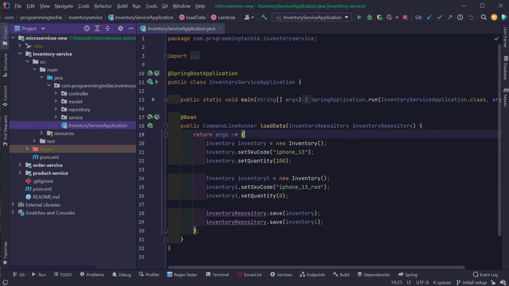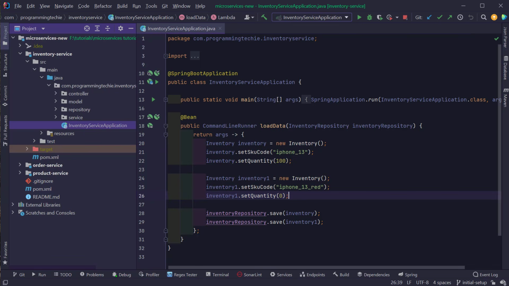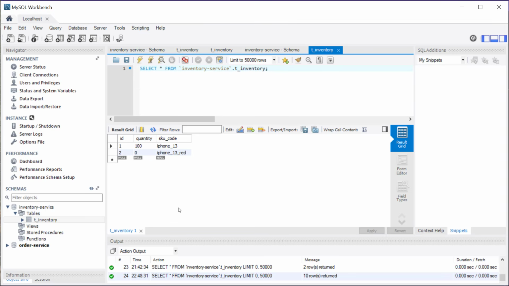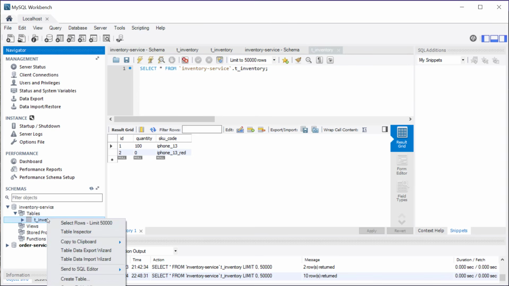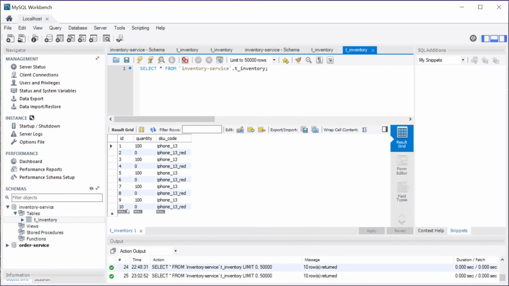That means whenever we start up the application, we are inserting these two inventory objects into the database. So for sure we have some duplicates inside our database. Let's open our MySQL Workbench, and I'm going to run the select query, and you can see that this particular iPhone 13 and iPhone 13 red SKU code inventory objects are